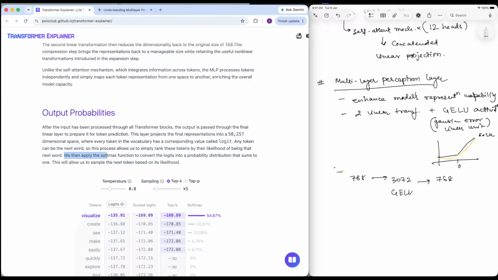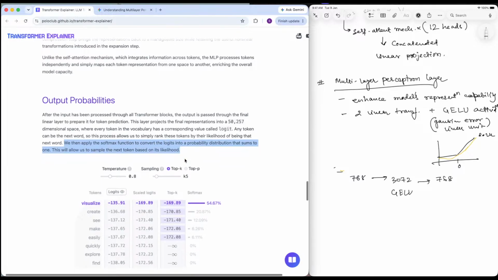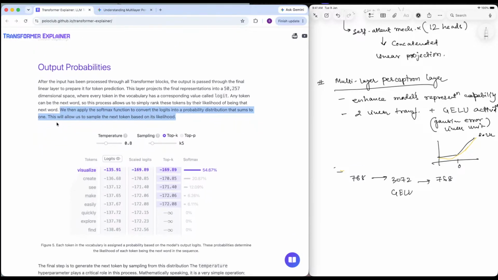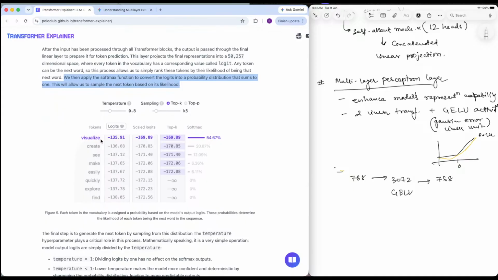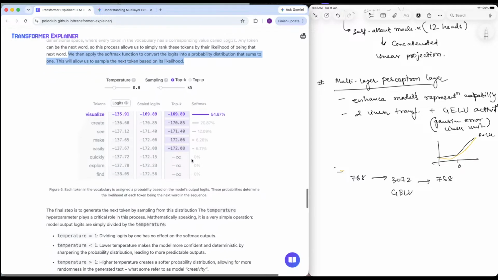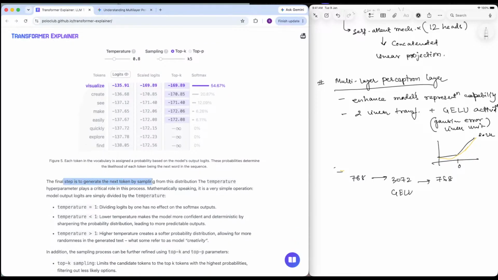We then apply a softmax function to convert the logits into a probability distribution that sums to 1. This will allow us to sample the next token based on the likelihood. So we can see the logit was 135.91. Scaled it, take the top k, and we have done the softmax. So the final step is to generate the next token by sampling